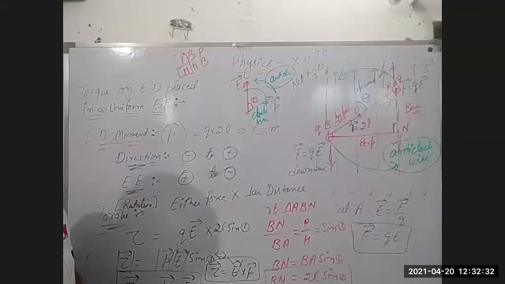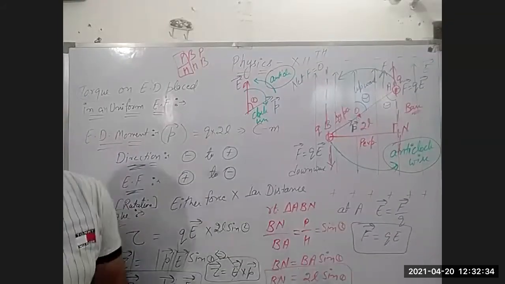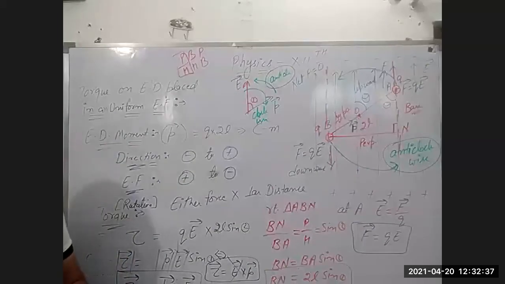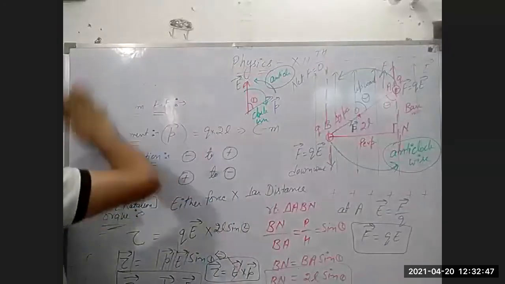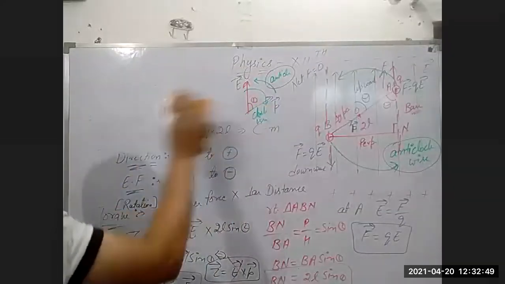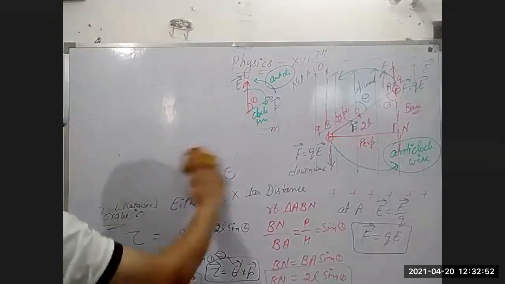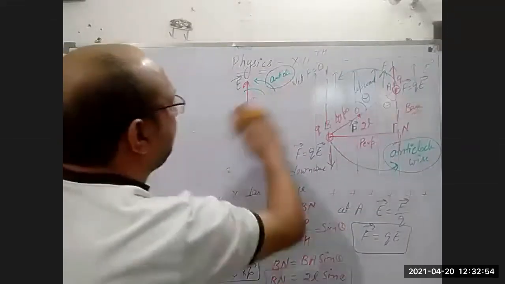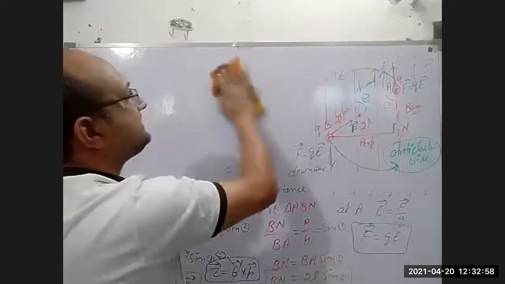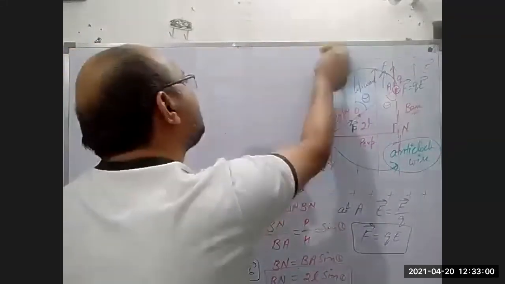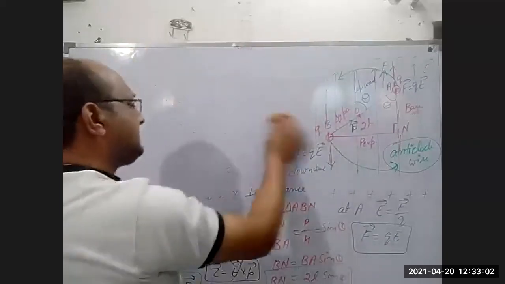Now our next topic is very important: electric field intensity at any point on the axis of a uniform charged wire. For the board point of view, this one is important, but one thing more here, there are special cases. Let us first discuss the special cases of this.